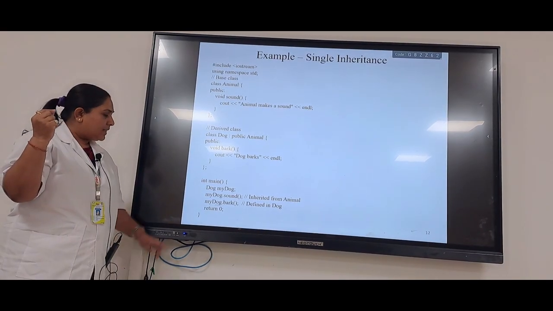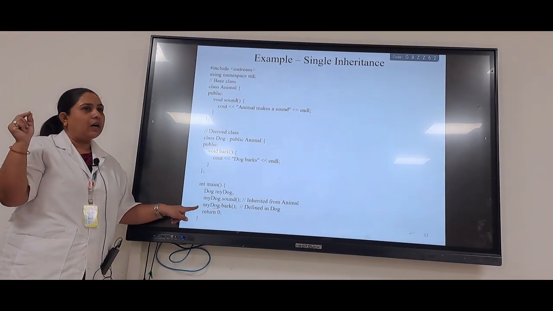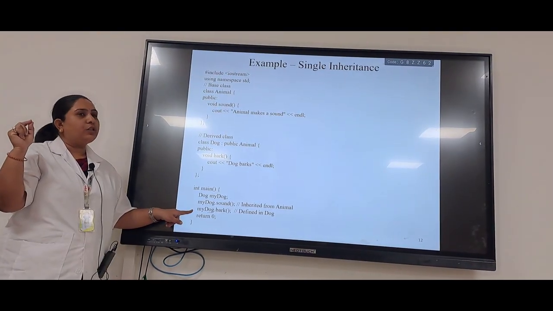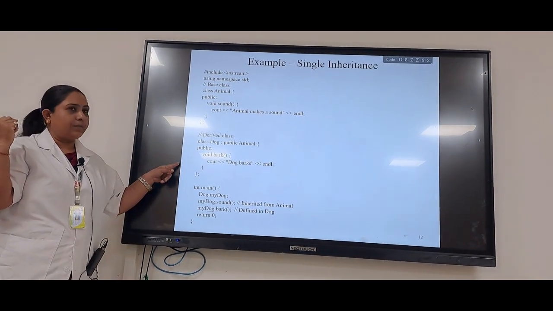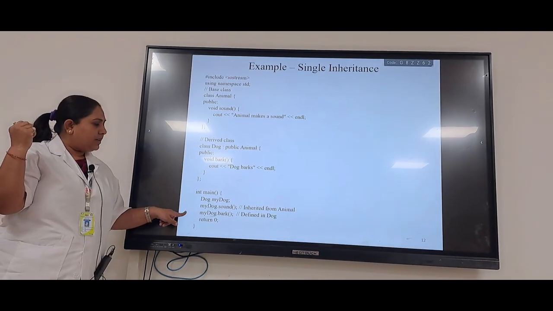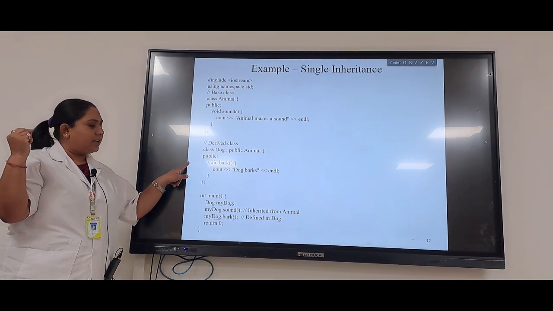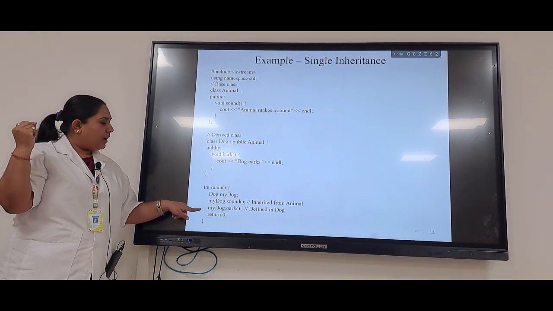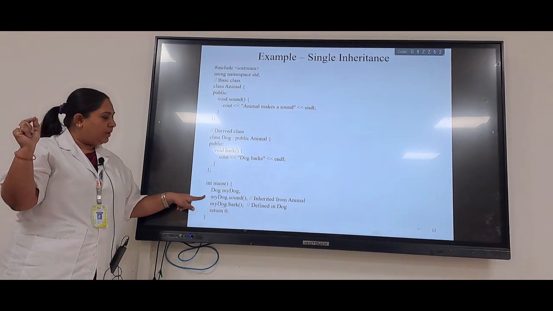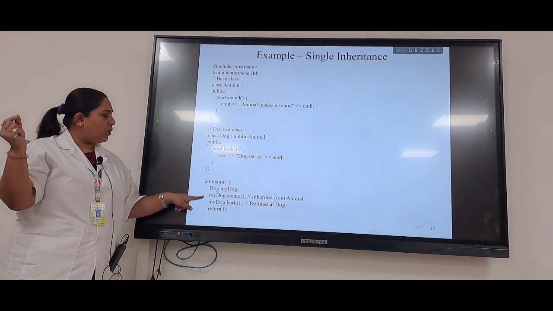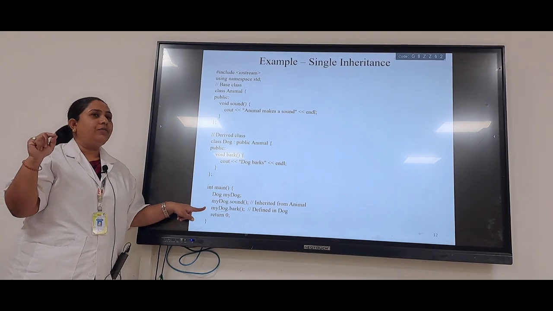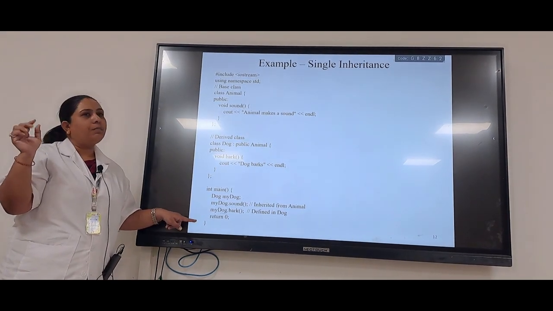Next line we see my dog dot bark. Bark is the member function of the derived class, defined in dog. When I call the first function, it will display animal makes a sound, and when I call the second function, it will display dog barks.